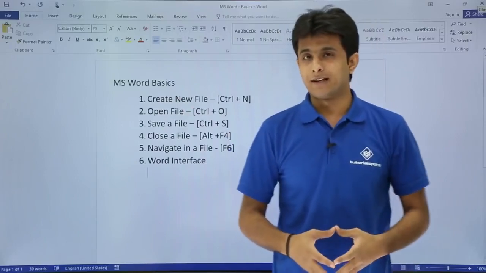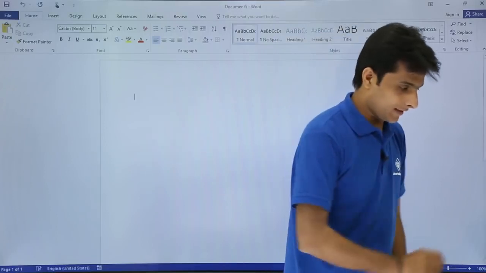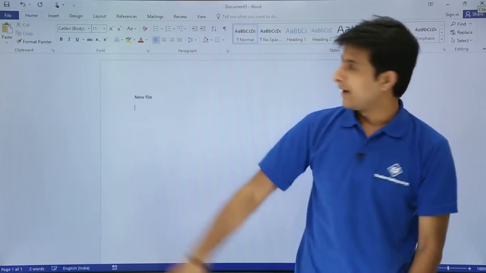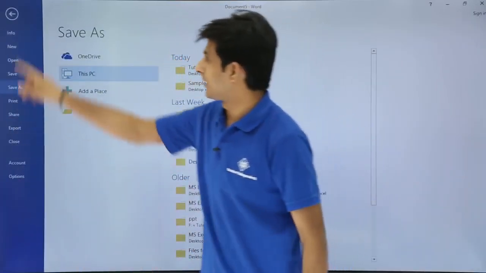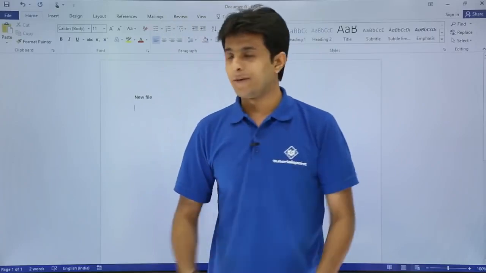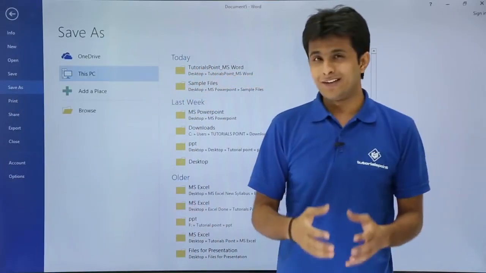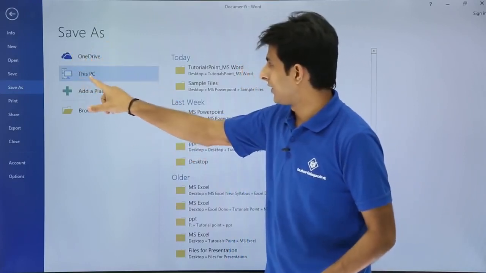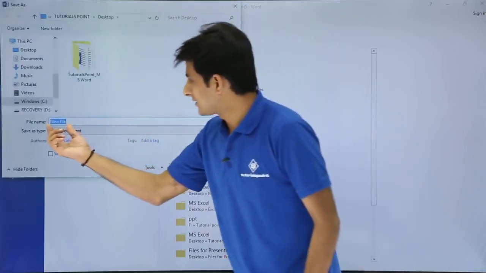How do we save a file? If you want to save a file, it's very simple. First I'll create a file with Ctrl N. I'll type here, new file. Now if I want to save it, you just click on the Save button on the quick access toolbar. That's one method. Another method to save a file is you can go to File and click on the Save button. Once you click on Save, it asks where you want to save the file. I'll say yes, I want to save the file on the desktop, and I'll name the file as, let's say,